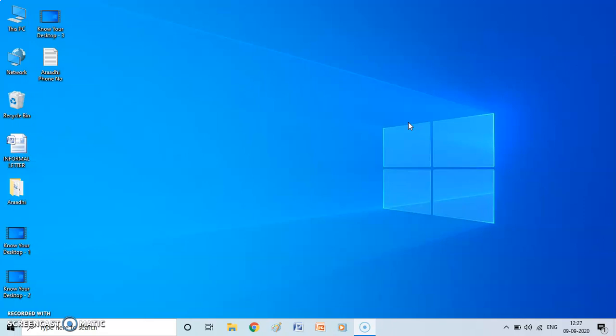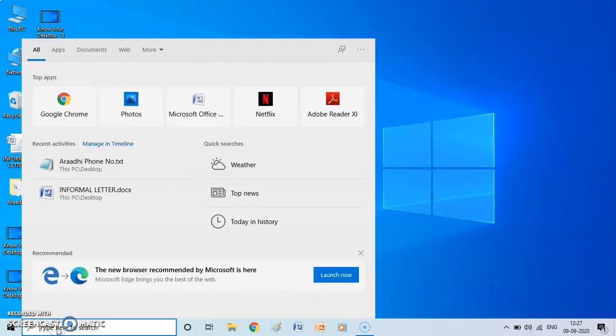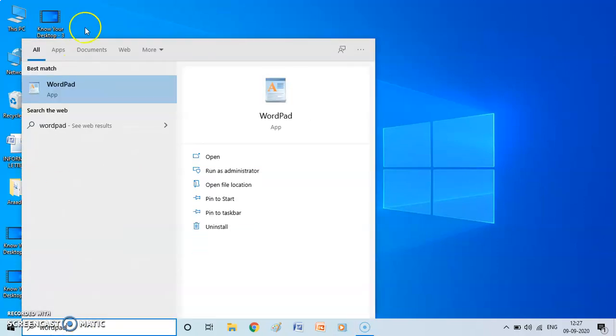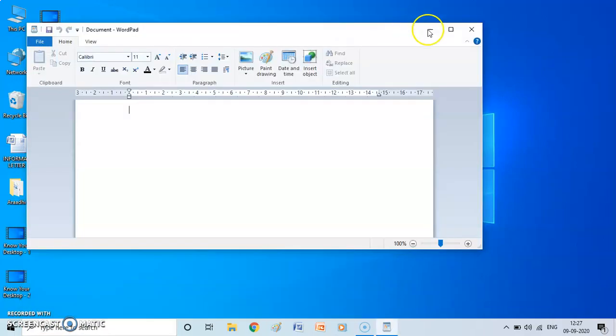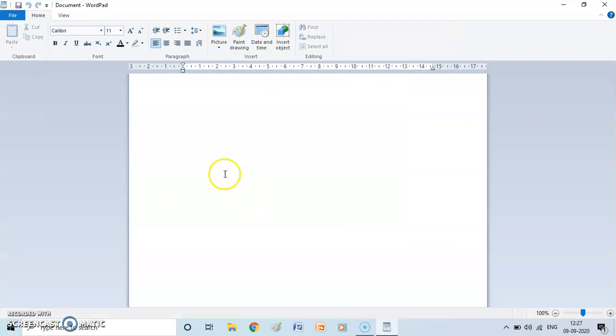Now WordPad. WordPad is also very similar to Notepad, but it allows you to create, read, and modify simple documents. It is somewhat similar to the MS Word program. So you can use Word also, but not every computer has MS Word installed in it. So you can use a Windows program which is WordPad. So this is WordPad. Now the same note, you can see there is a little difference here in formatting.